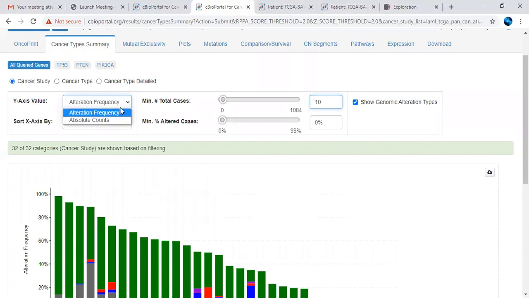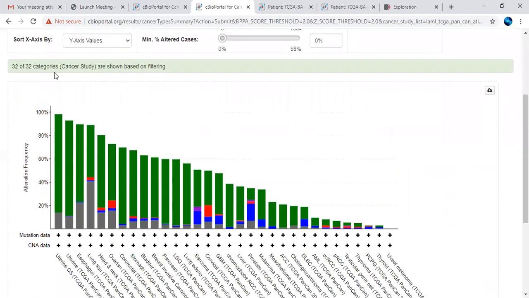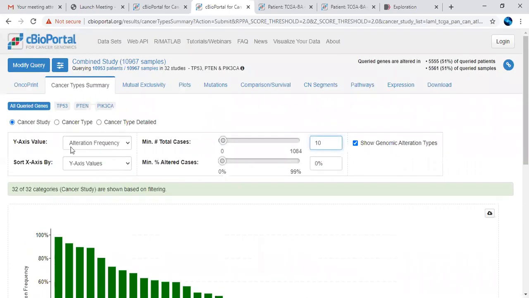You can even change what type of data you want on the y-axis, and you can sort by x-axis data, alphabetically or by x-axis or y-axis data. Here you can see 32 of 32 categories of cancer types are showing based on the filter. This filter is the default they have used.